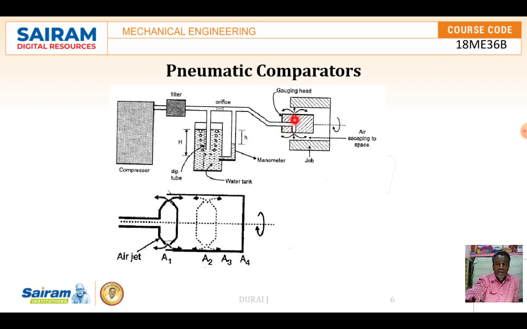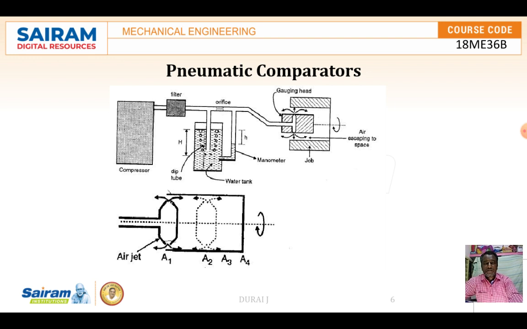So if any variation takes place, the discharging rate will be reduced, so that the change shows up in the manometer level. Whatever changes take place due to the back pressure, that reading you can note down with the help of the manometer. Suppose some of the excess pressure builds up, it will go away via this water level over here. The variation in the manometer reading, we can note down the values over here.